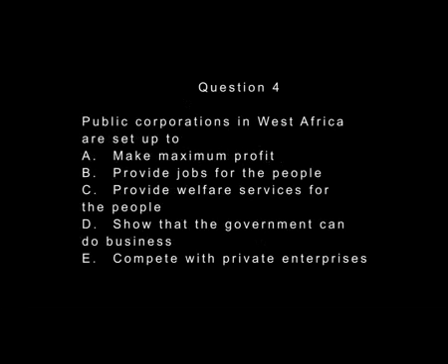Question 4. Public corporations in West Africa are set up to A. Make maximum profit, B. Provide jobs for the people, C. Provide welfare services for the people, D. Show that government can do business, E. Compete with private enterprises. The right answer is C. Provide welfare services for the